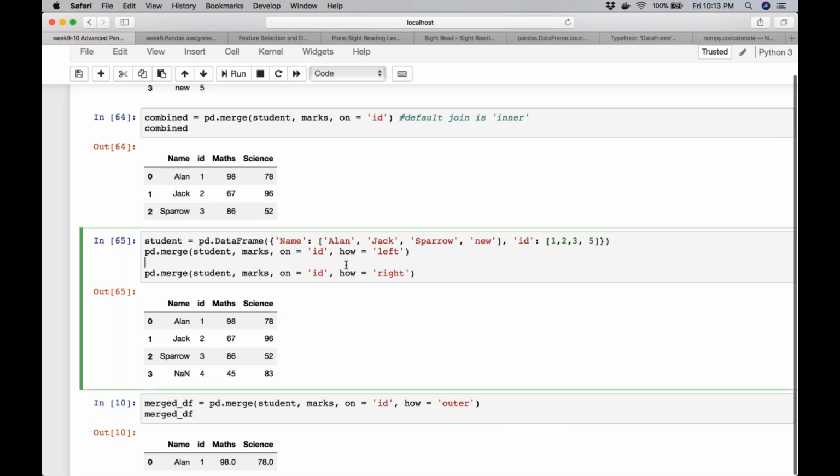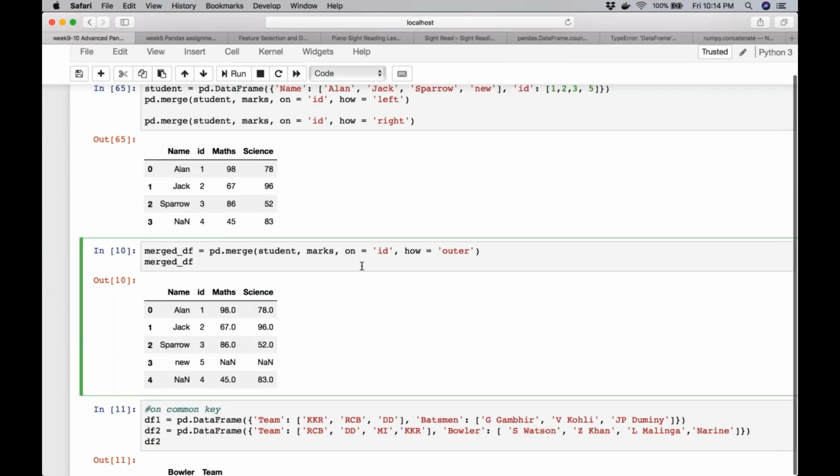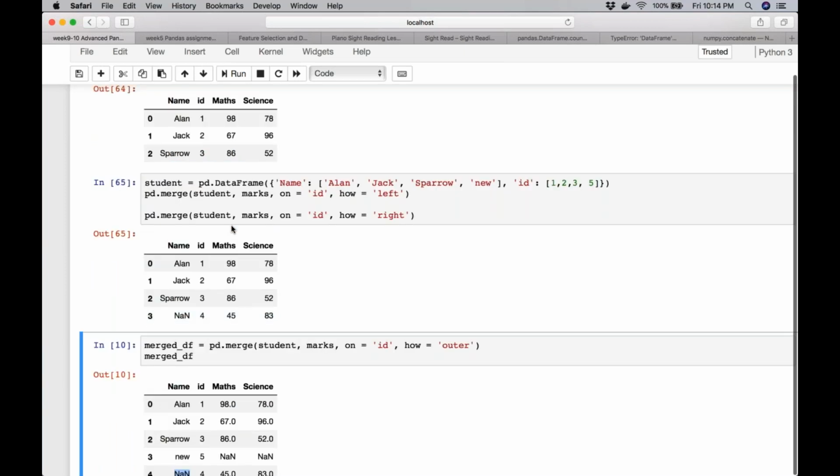So this is how the left and the right join work. And of course, the outer join, what would it do? It will just get all the rows from both the data frames. So now I have IDs 1, 2, 3, 4, and 5. And what is happening? Wherever it cannot find the relevant values, we got a nan here, here, and here. So wherever we saw earlier, right, there were missing values, it got the nan. So are we clear up to this point?